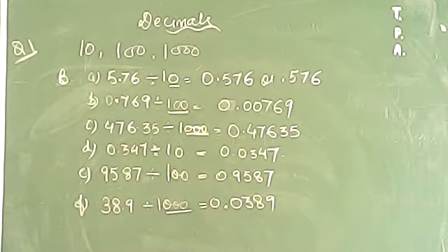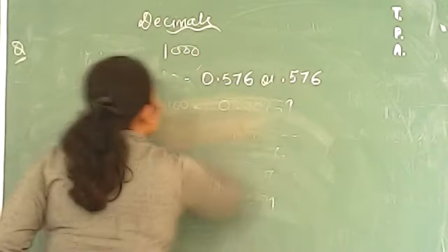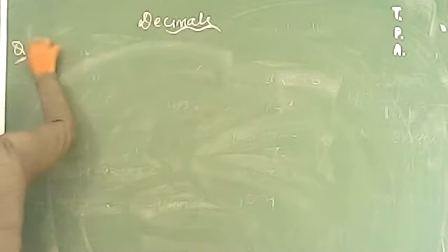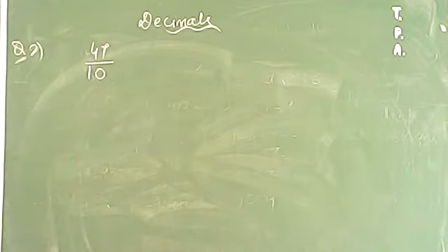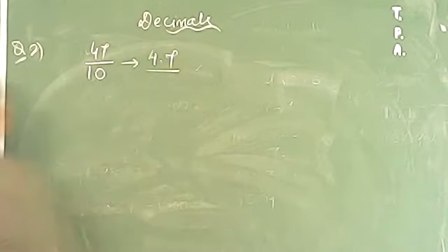Question number 2 says that you have to represent 47 by 10 in number line. You can call it, first आपको convert करना है in the form of decimal and then you have to show on number line. So let us first do this question. How we will do that? Our number is 47 by 10. Question number 2. 47 by 10. So 47 by 10 means if you write it down in the form of decimal, you are agree that you will be getting 4.7. ठीक है, और आपको जब मिलेगा 4.7 तो you have to only represent on number line.